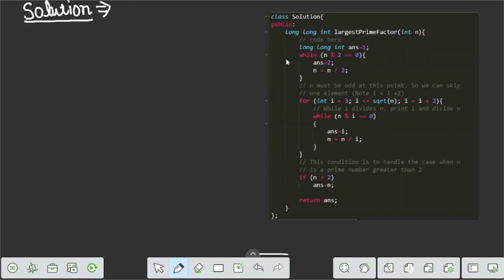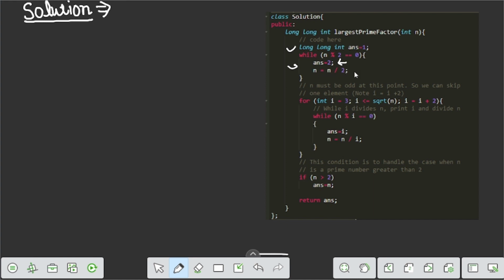The solution of this problem is, firstly, we create an answer variable to return the answer, of long int type, and initialize it to 1. And for the number, we traverse a while loop. If n percent 2 equals 0, that is, if n is even, then we store the answer as 2, because now the prime factor is 2, and update n to n divided by 2.